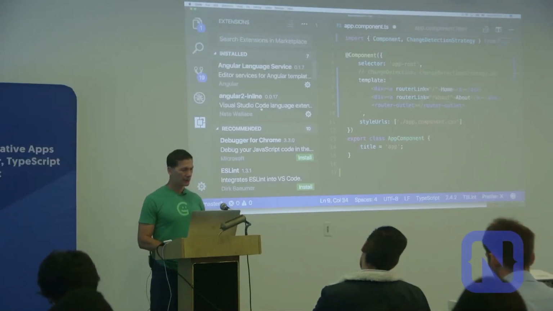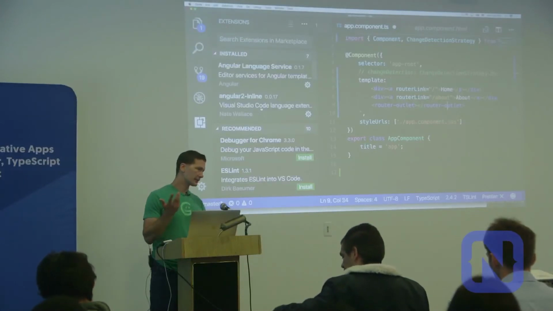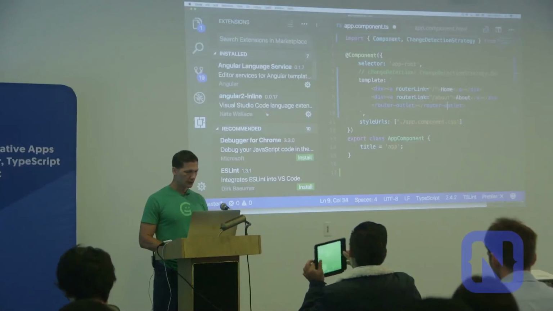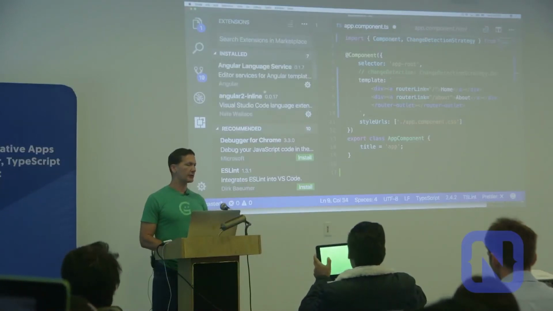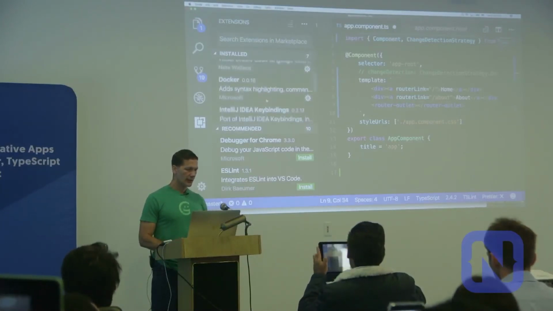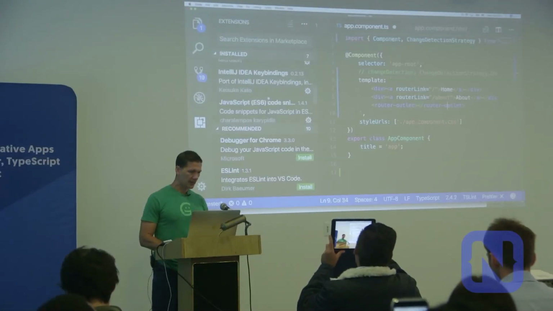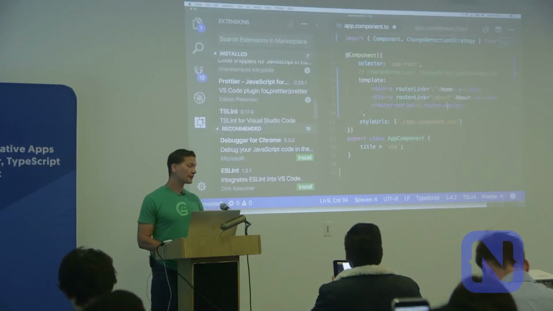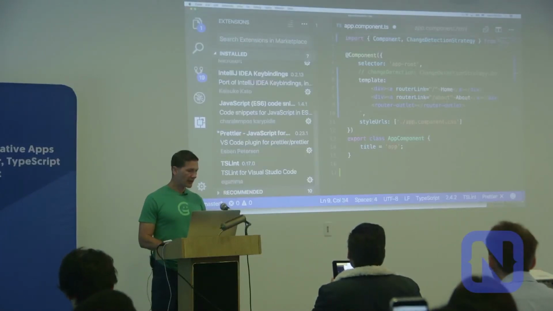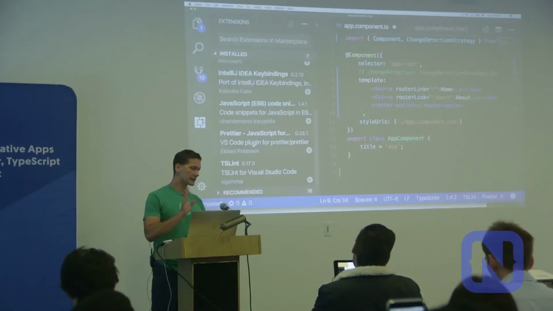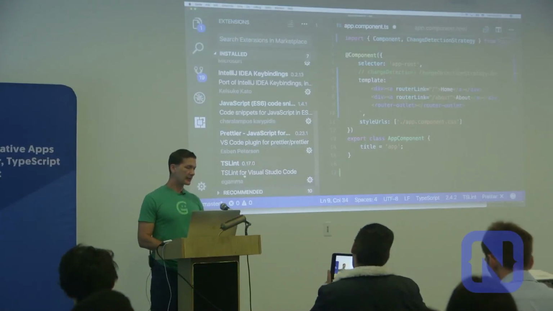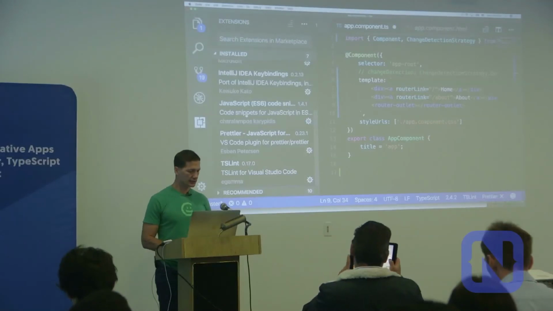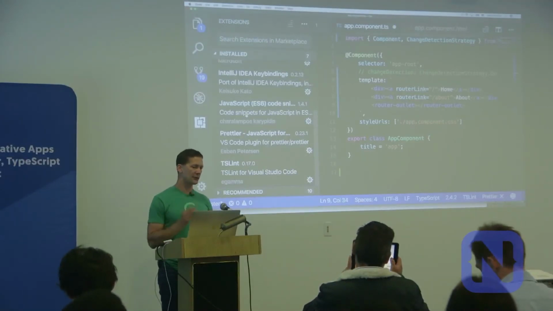Definitely install, it's named Angular 2 inline, but it works with any more recent version of Angular. Those two at the very least, always install. There's also key bindings, that's neither here nor there. I'm a big fan of Prettier, so I would recommend Prettier, but that's a style decision. Also, I like the tslint extension, which enforces whatever your tslint file is, for some formatting stuff.